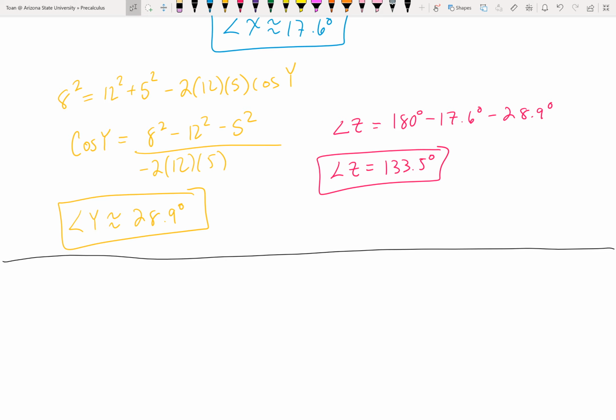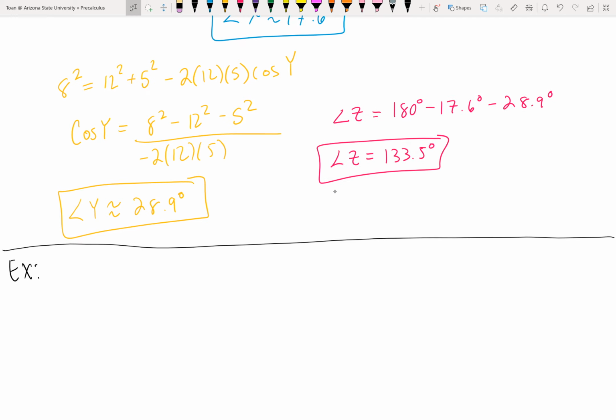Just for completeness' sake, let's do another example. The previous example was a side-side-angle situation. You can probably guess what example this is going to highlight: side-angle-side, because it's the only other possibility. So suppose I ask you to solve the triangle